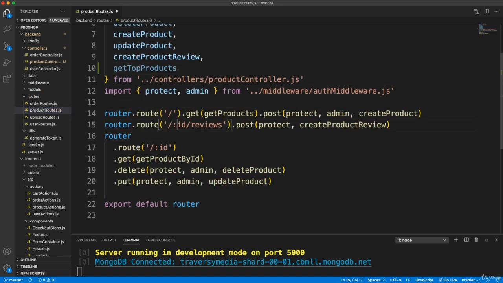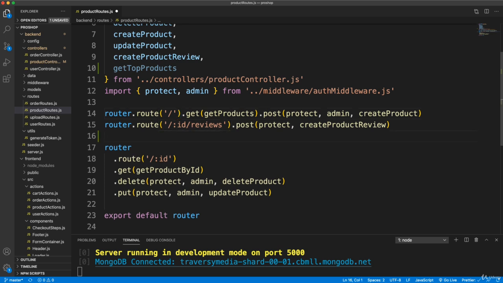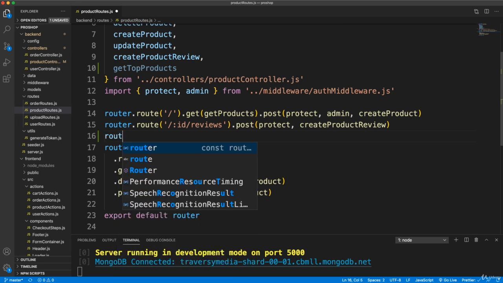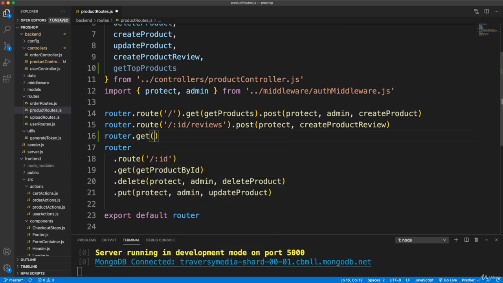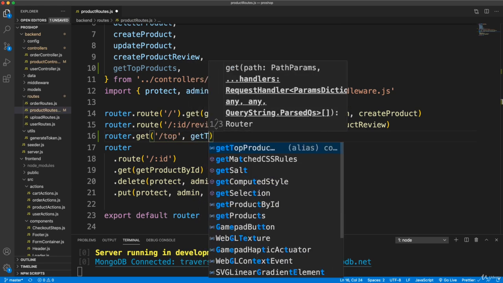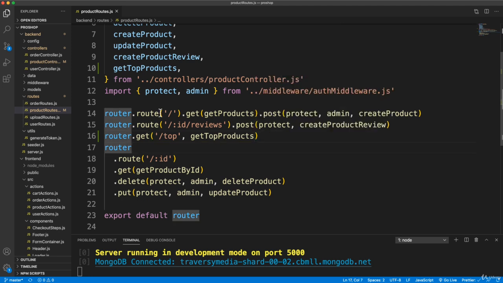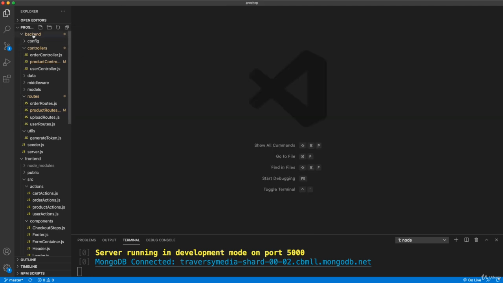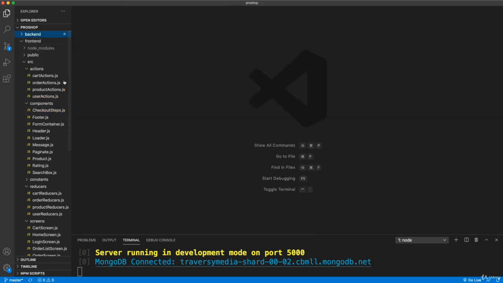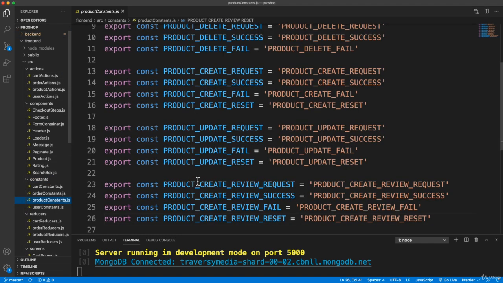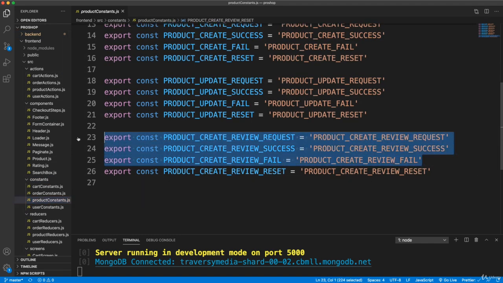and then we'll have a route. So let's copy. Since we're only going to be making a get request, we'll just say router.get to /top, and we want to call get top products. Okay, no need for the protect middleware or anything like that. So we can close that up, and let's go into our front end now, and we're going to need some constants for this. So in product constants, I'm just going to copy these,